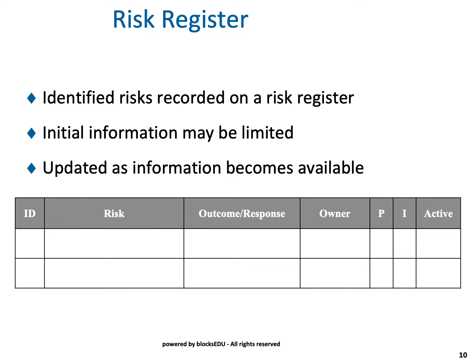This is another template we use in project management just to record every risk that we have, and regardless of the risk, every risk should be recorded in a register. What you do is you track that risk, and you can determine whether it's active or not, as you can see here. Once it's not active, you don't have to worry about it anymore. And you'll see on this little template we have a P and an I there. We'll talk about what that means in a minute.